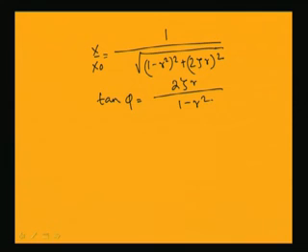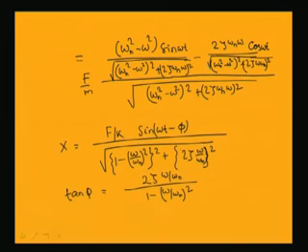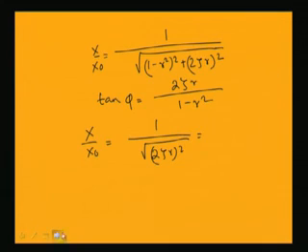So, from this expression you can find the value when r equal to 0. So, when r equal to 0, this x by x 0 equal to 1 by root over 2 zeta r square. So, when r equal to 1, you can find this part equal to 0. Then this part will be equal to 1, so this becomes square root of 2 zeta, that is 2 zeta.